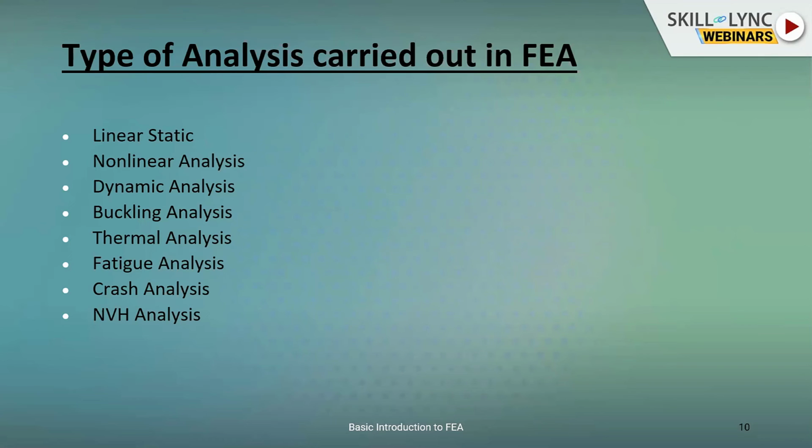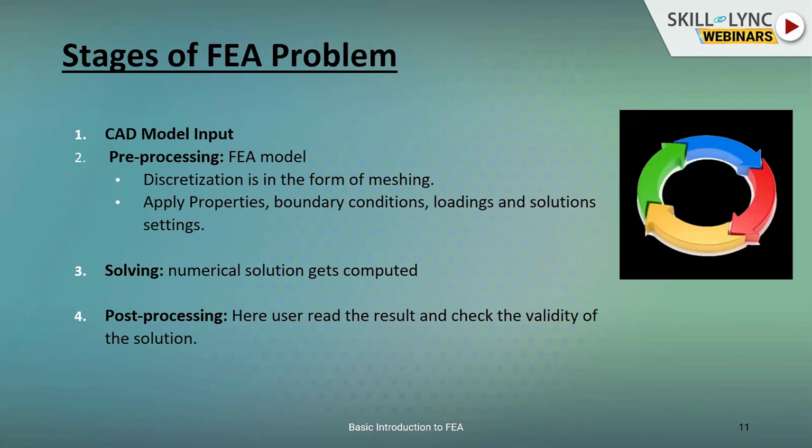Then fatigue analysis is generally for finding the life cycle. For rotating components, fatigue analysis is very useful. Then crash analysis, generally for car collisions, and then NVH analysis. There are many more, but these are the most popular and most used analyses in FEA. Now, as we have a little bit of idea about what FEA is and why we do it,